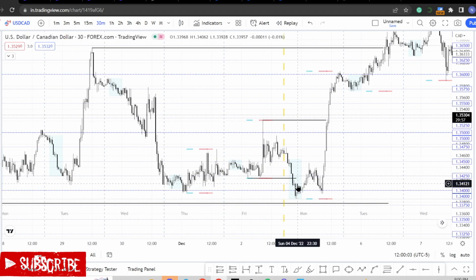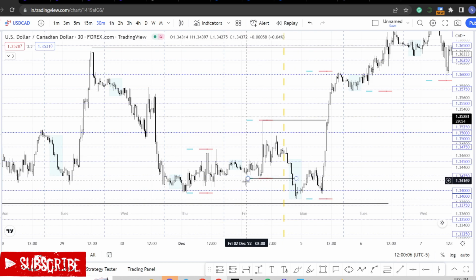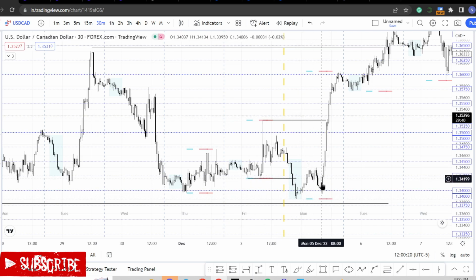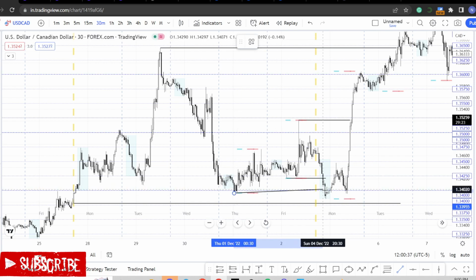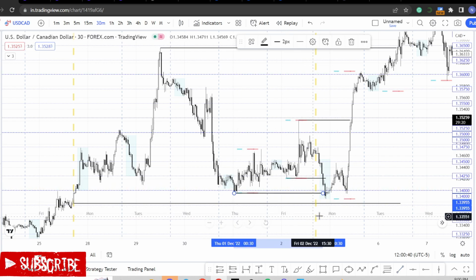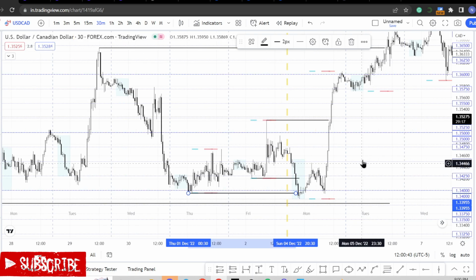On Monday, the Asian session triggers the breakout traders, the sellers into the market. They trigger them in, they go a few pips into it, then they reverse and pull back, showing them that we are still in the downtrend but doing a total reversal into the uptrend. At this particular point, there are 2 days that have triggered: Friday and also Thursday. Thursday has also been triggered, but we wait because we don't trade on Monday.